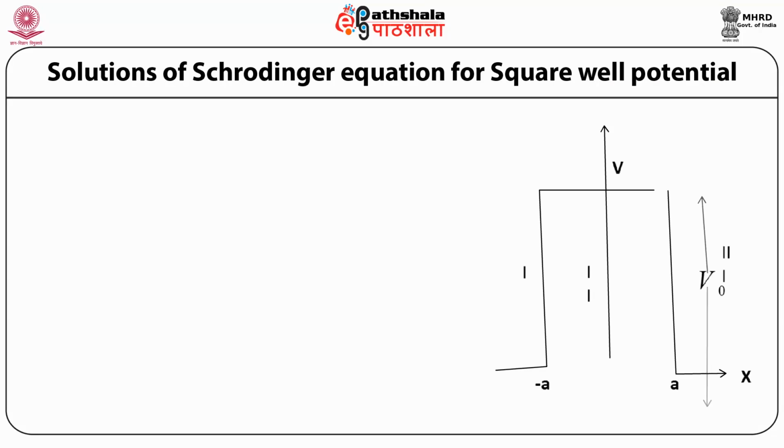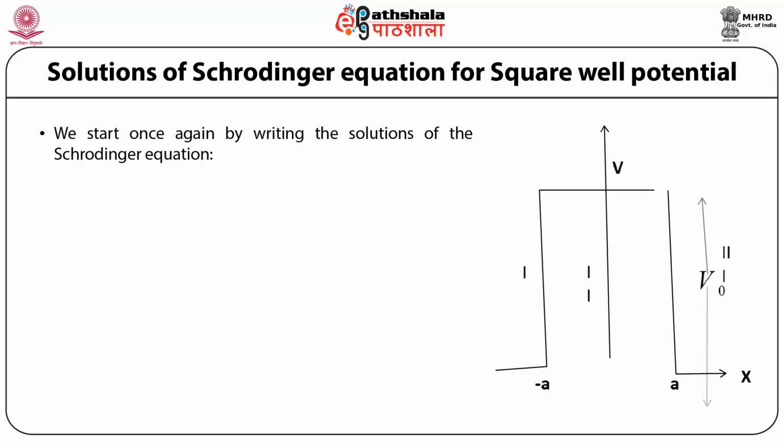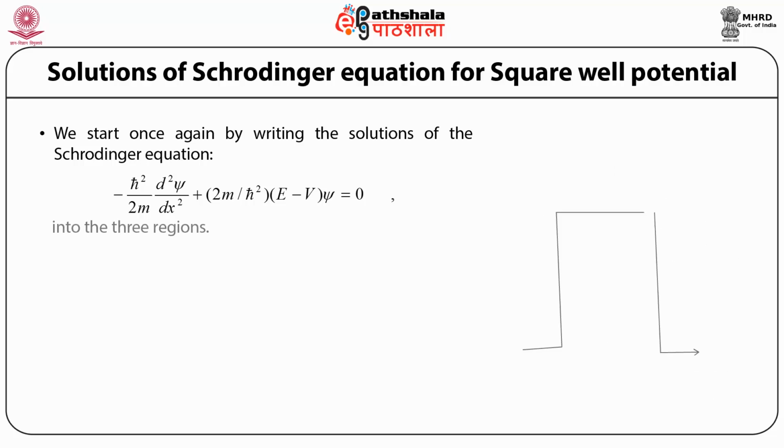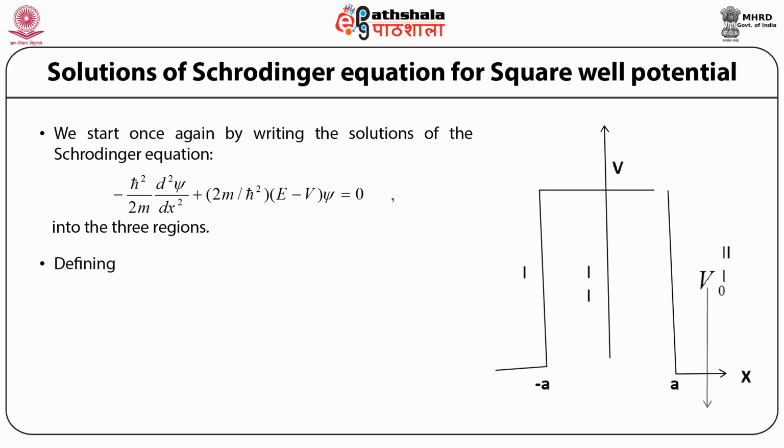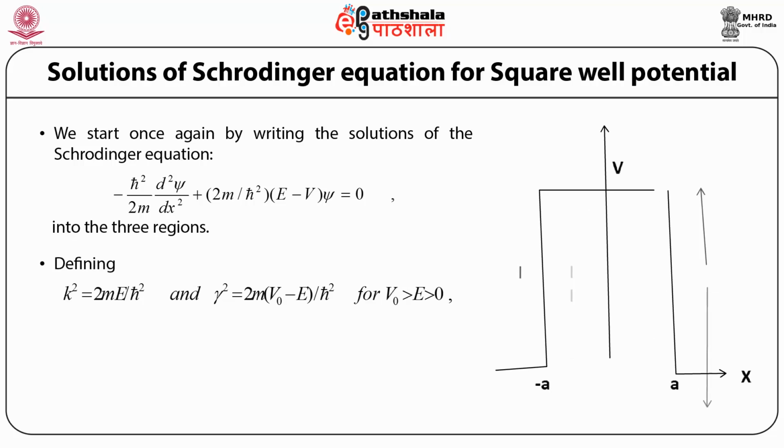We start once again by writing the Schrödinger equation, minus ħ squared by 2m into d2 psi by dx squared plus 2m by ħ squared into (E minus V) into psi is equal to 0, in the three regions, defining k squared is equal to 2mE by ħ squared and gamma squared is equal to 2m into (V naught minus E) by ħ squared. For E greater than 0 and less than V naught, we have psi of x in region 1 is